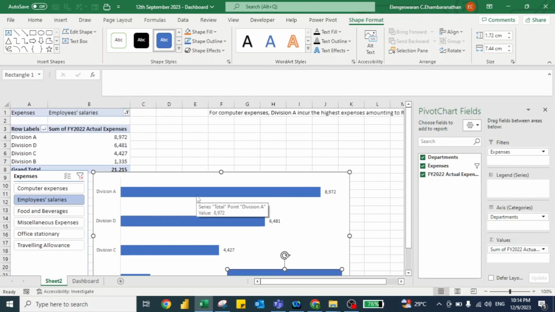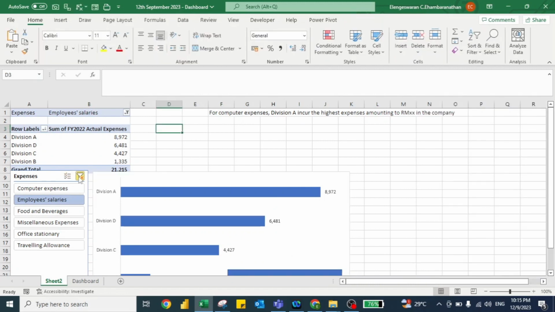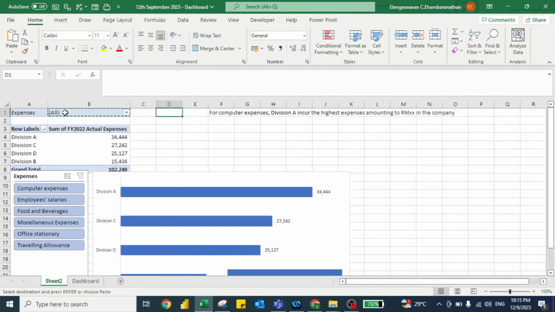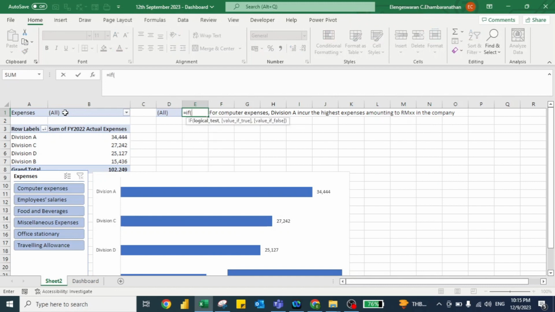But now, how do we make it interactive? Well, we can use the IF formula over here. So I'm going to clear the filter and press this. I'm going to copy this and paste it over here. Equal IF: if All equals All. You know the IF formula is either true or false. So if All equals All, then I put here "Overall